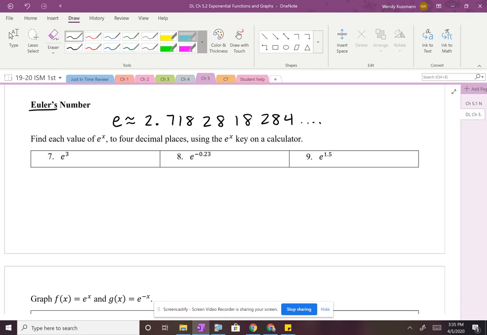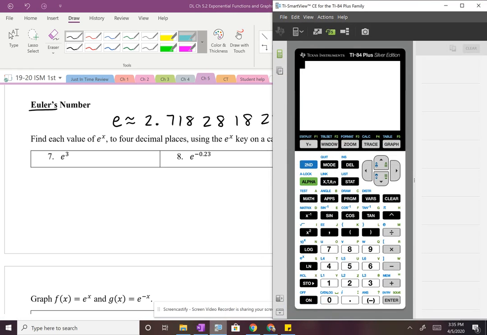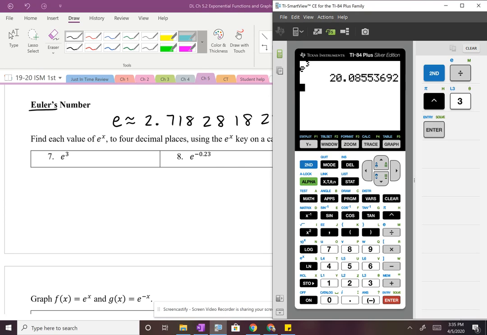Round each to 4 places using e to the x on your calculator. Here is our calculator. Now I want to point out that E is this little blue E right here. You'll have to use the second button to get to it. So second division sign gives you the E. And you just go to the third power and hit enter. There it is. Round it to 4 decimal places after that. So this is approximately equal to